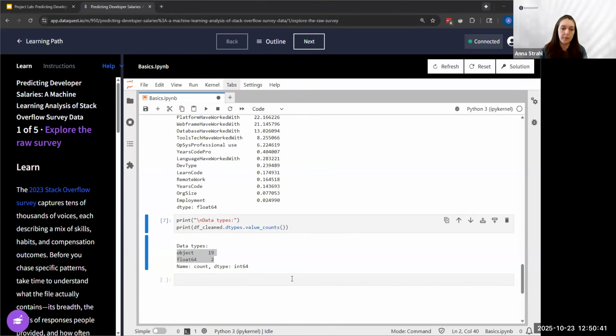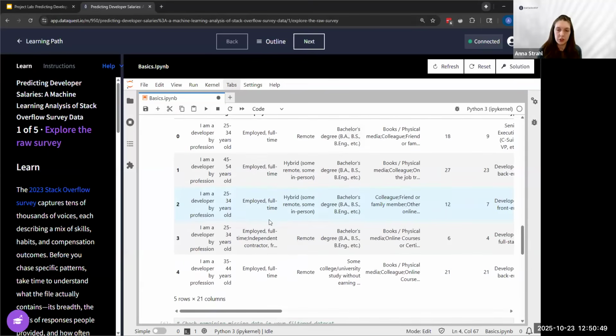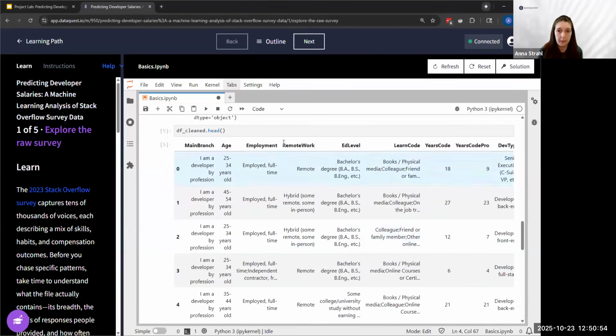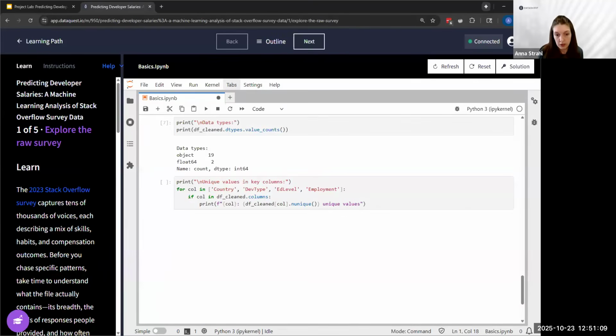We're gonna do that. Okay, so we're gonna look at how many unique values there are because sometimes in machine learning we can use one hot or dummies to convert a column into multiple columns with Boolean values. So is remote true or false? Is hybrid true or false? And those would each be a column. But that only works if it's a small number of unique values. So for some of our key columns here, like country, what type of developer they are, education level, unemployment, let's just see how many unique values there are using the nUnique method.